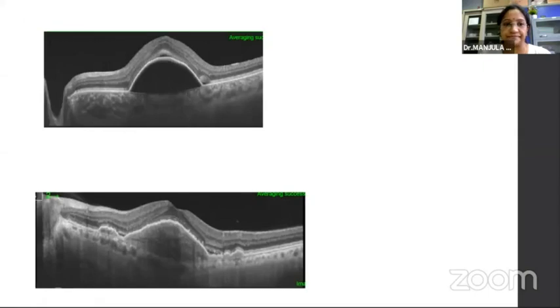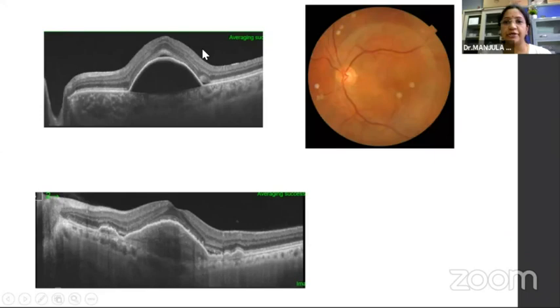Here I have put two pictures of pigment epithelial detachments. The above one looks like a serous PED with no retinal changes, no subretinal fluid. You correlate it clinically, this gentleman has only a serous PED, no evidence of hemorrhage, no evidence of drusen. However, if you want to confirm, do an ICGA, rule out any abnormal causes of serous PED and monitor frequently.